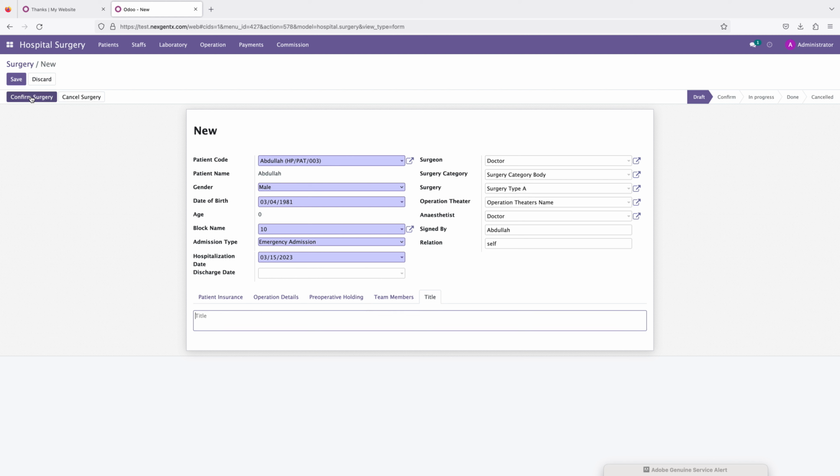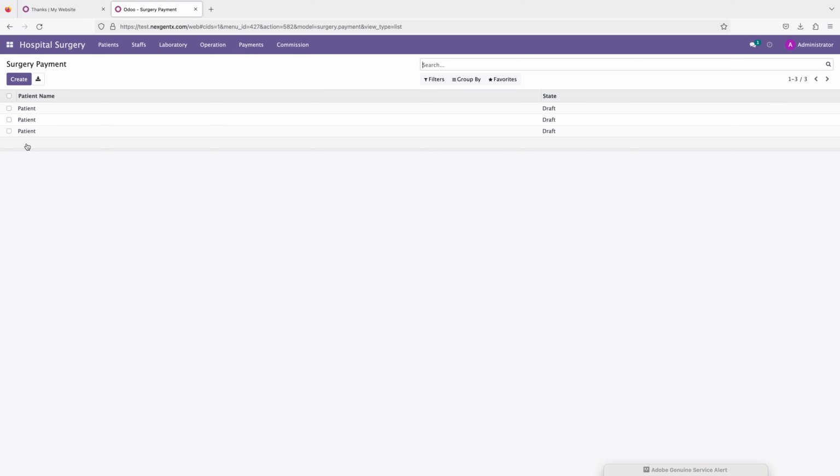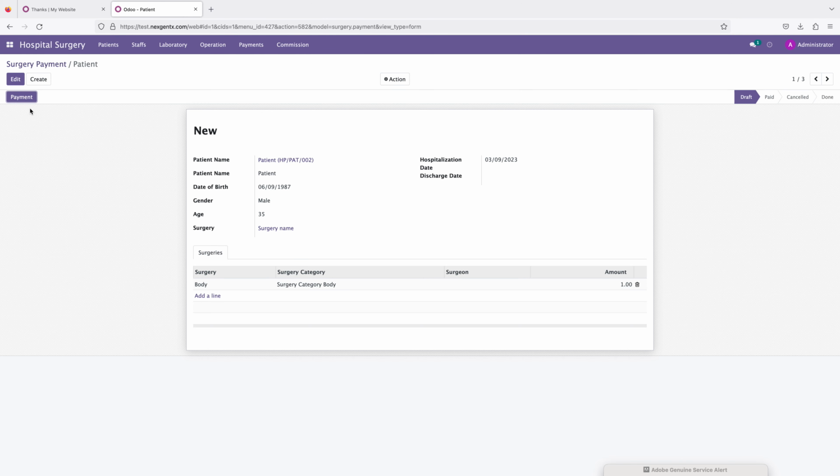Then confirm this surgery. We confirm this surgery, and we can make it in progress. So we start progress. So this is one surgery. But before we take the payment, right? Before we take this payment for this surgery, so here you see